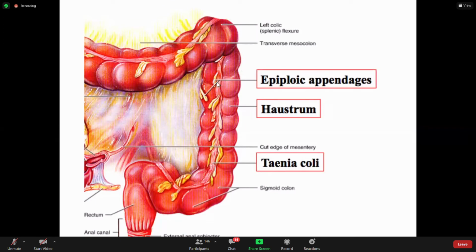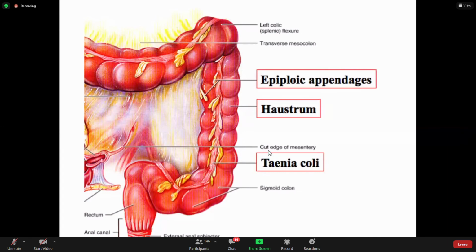तो ये जो तीन आपके लॉन्गिट्यूडनल मसल के बैंड रन कर रहे हैं लार्ज इंटेस्टाइन में, उन बैंड लाइक स्ट्रक्चर्स को हम tinea coli कहते हैं, which you can very well identify in case of your large intestine, and it is absent in case of your small intestine. So this is the first cardinal feature which is present only in your large intestine, and they are absent in your small intestine, right? So their location varies in case of your ascending and the transverse.